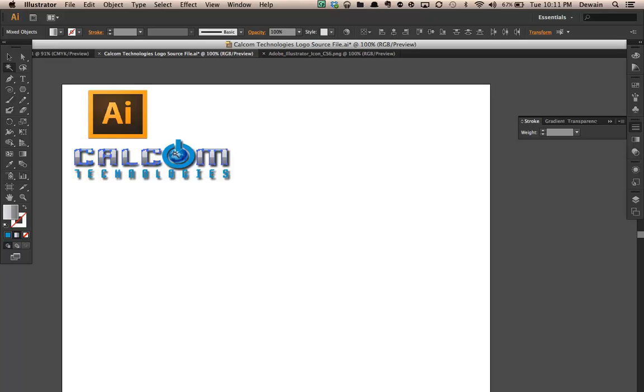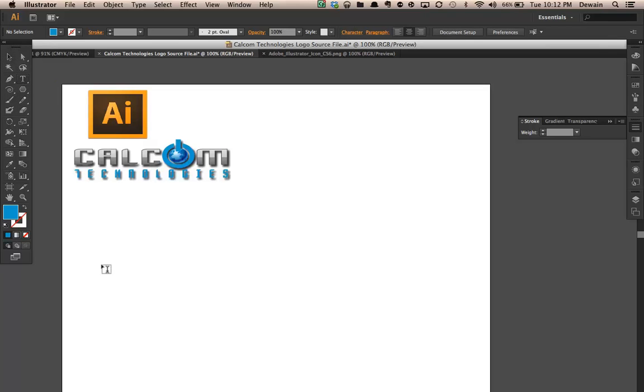So in this case, it grabs everything up on top here except for the earth symbol here. The reason that it chose that is because of the gradient and the font that is used for the Calcom, and it looks the same and says, hey, he's probably trying to grab that item. I'm going to deselect that, and we're going to go over here and also take a look at type,